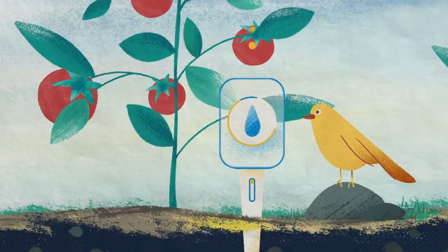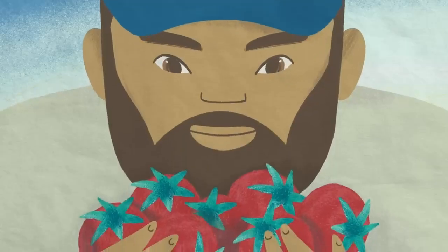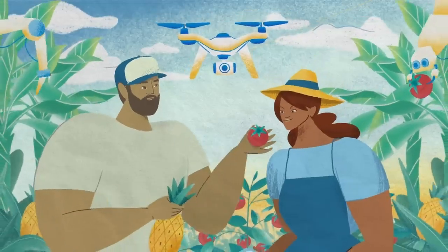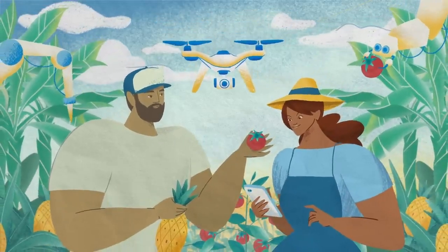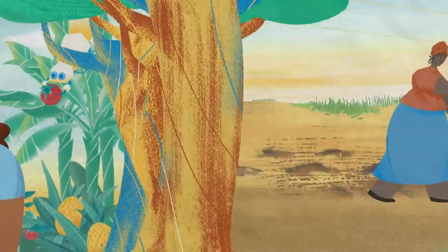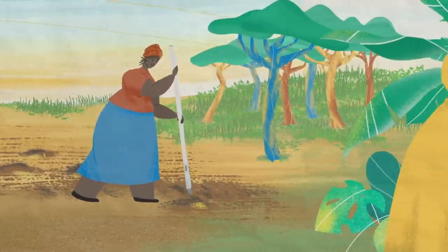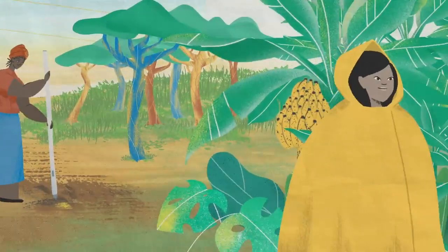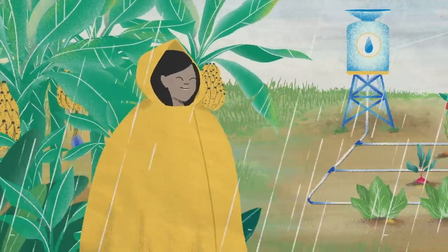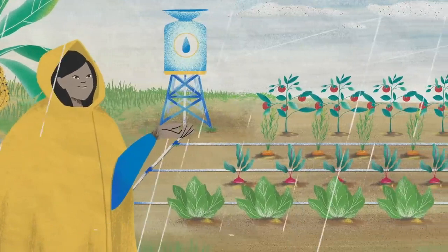But the farms of the future won't be all sensors and robots. These technologies are designed to help us produce food in a way that works with the environment rather than against it, taking into account the nuances of local ecosystems. Lower-cost agricultural practices can also serve those same goals and are much more accessible to many farmers. In fact, many such practices are already in use today and stand to have an increasingly large impact as more